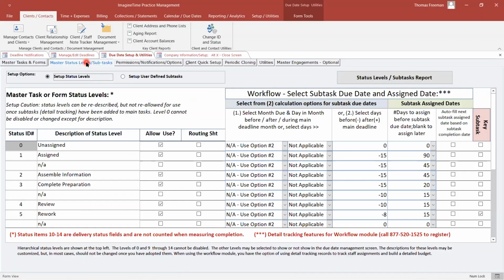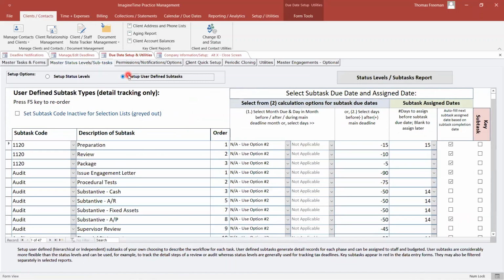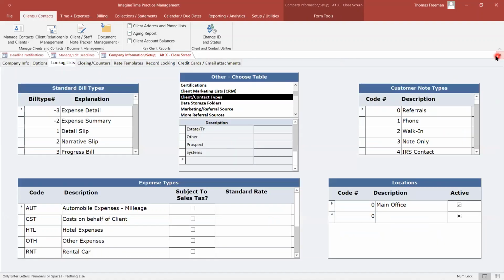One other thing, user-defined tasks are very much more flexible than the status levels. Status levels work nicely for tax returns, but for any other type of activity, I would encourage you to consider using these user-defined items. Now, if there are any questions on any of that,